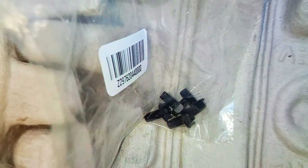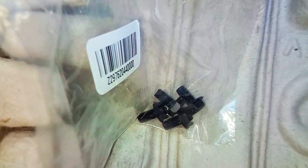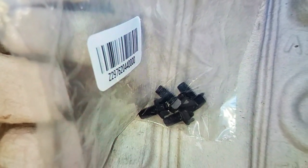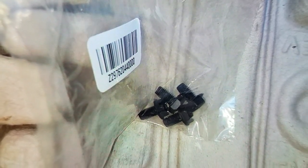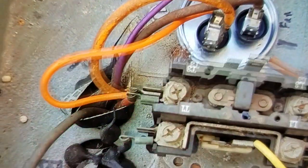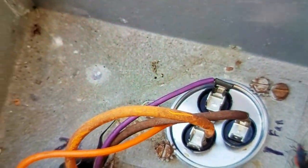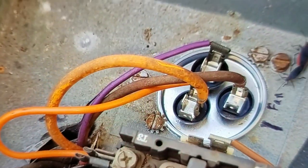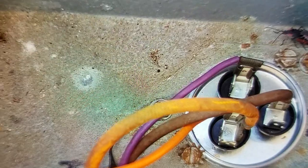Hey guys, these are the correct screws for mounting the motor to the grill, and I didn't figure that out till later, and I'll show it in another video. Before taking any of these wires off of here, I'm going to make sure that I have video showing me where the wires went,